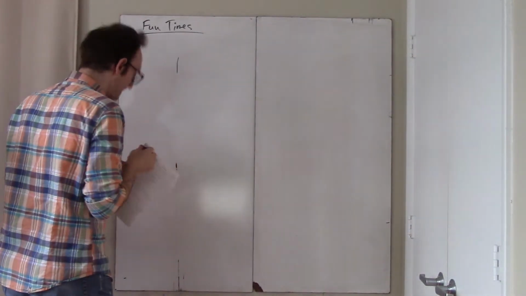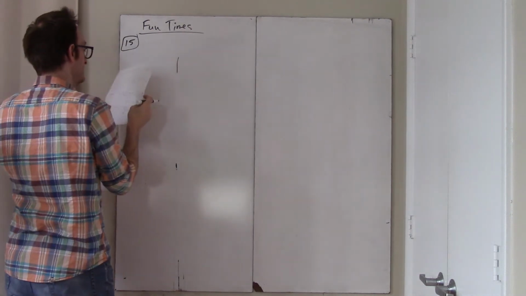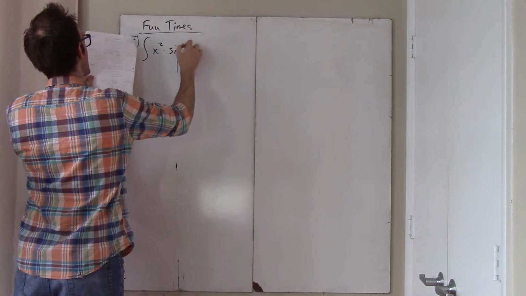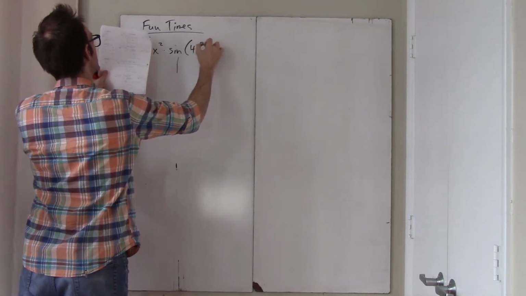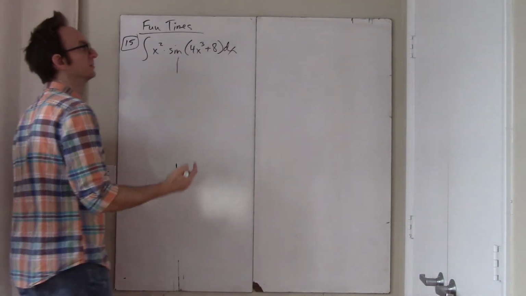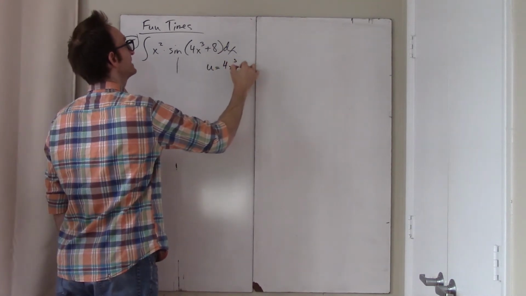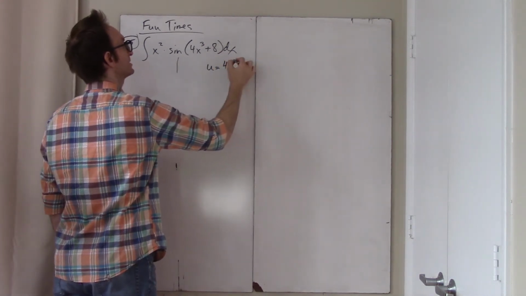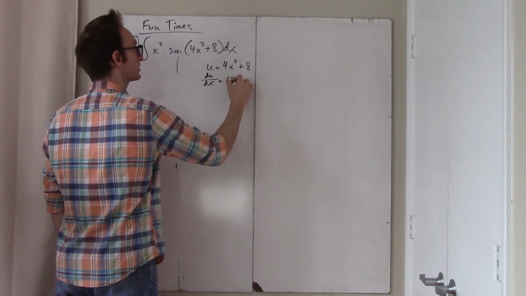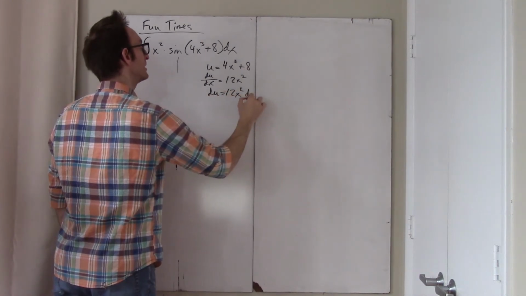15. Antiderivative x squared times sine of 4x cubed plus 8 dx. Okay, again, pretty straightforward. I'm going to let u be the 4x cubed plus 8 because it's the inner function. Thus, du dx is 12x squared. So du is 12x squared dx,